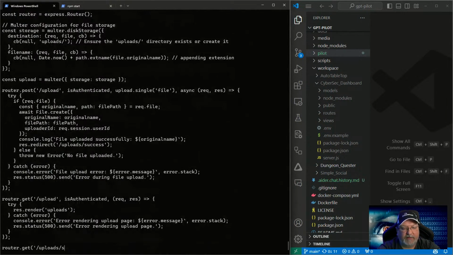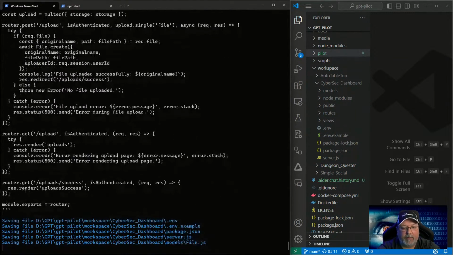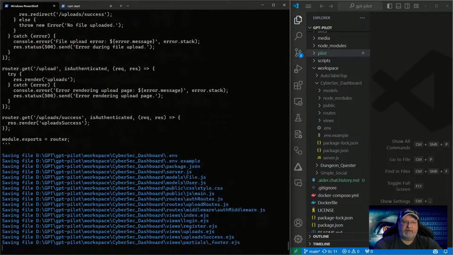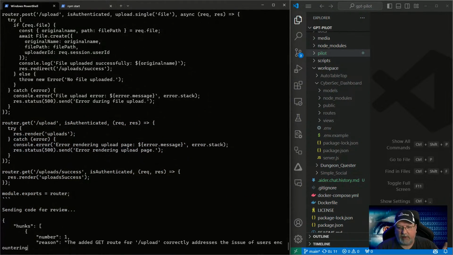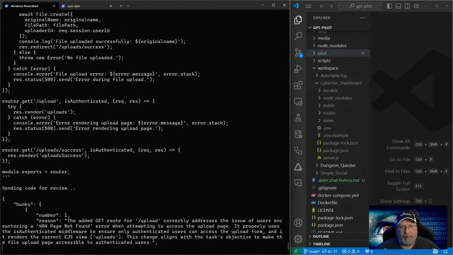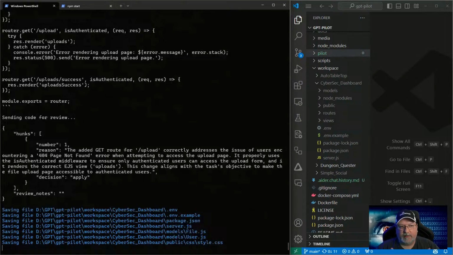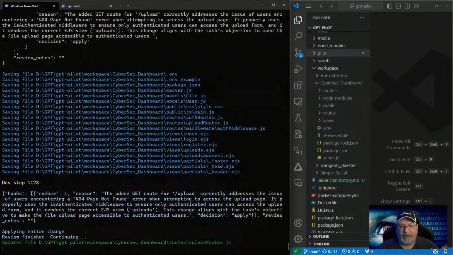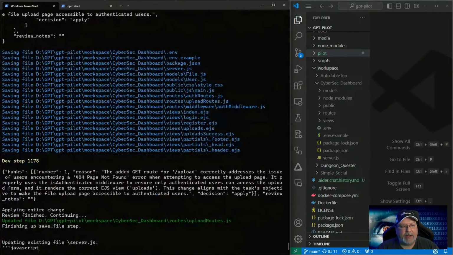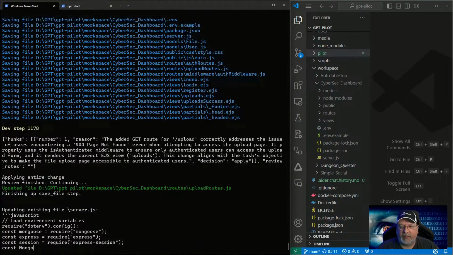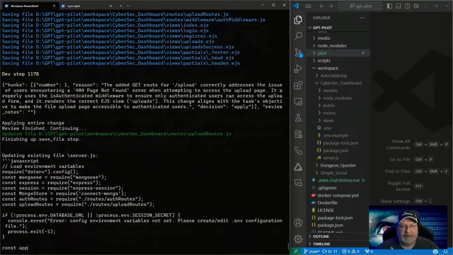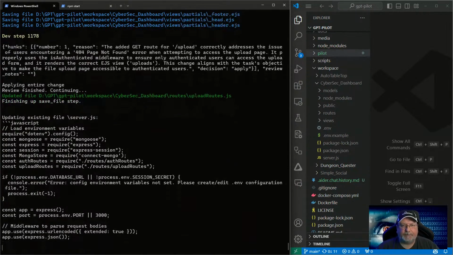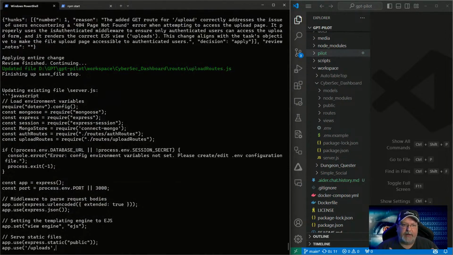All right, so it's correcting the errors, hopefully. And again, the way that I'm doing this, I'm not trying to help it. I'm just letting it do everything on its own. So when I use Aider, which is another coding copilot system, it's not quite as automated as this. And so I do a lot of back and forth with it. And if I notice that it's making a mistake just from my coding experience, then I'll just do it on my own. And what I typically do when I'm writing apps and writing code,